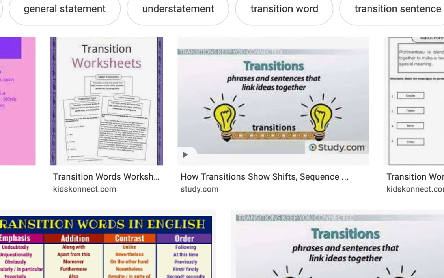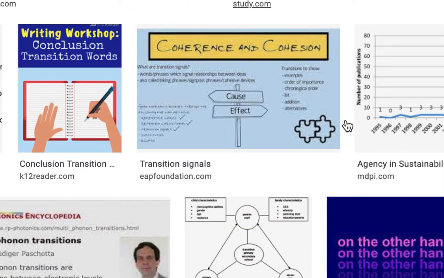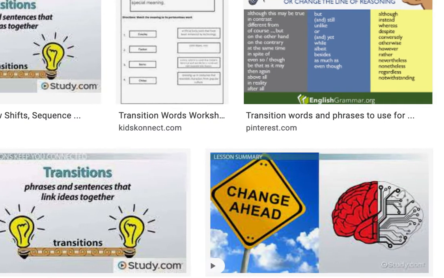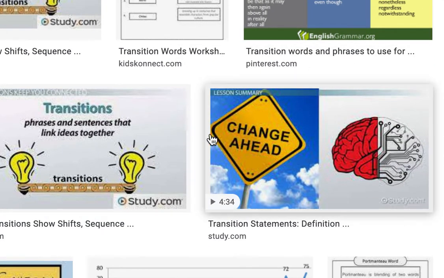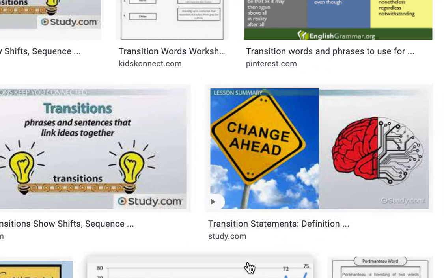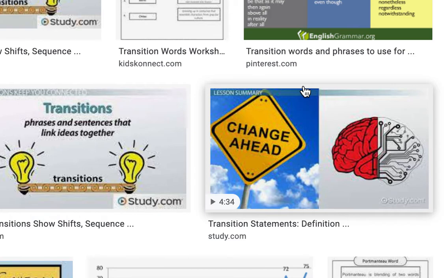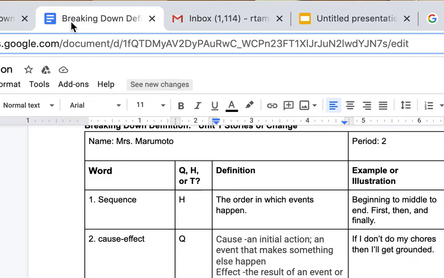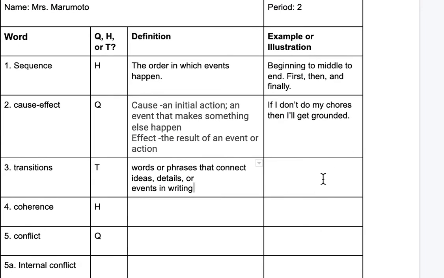Look at the images. That's going to give you an idea about what this word looks like and what this word means. I like this picture here that has a sign that says change ahead. That's telling me that transitions is a sign telling the reader that you're going to encounter a change in writing or a change in thought. So if I go back to my breaking down definitions assignment, changing tabs, I could write something like transitions are words that signify a change,